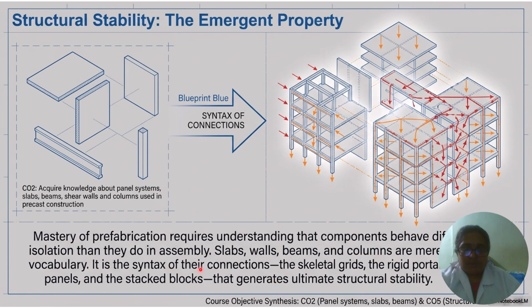It is the syntax of their connections, the skeletal grids, the rigid portal frames, and stacked blocks that generates the ultimate structural stability. So this is the overview of unit 2,